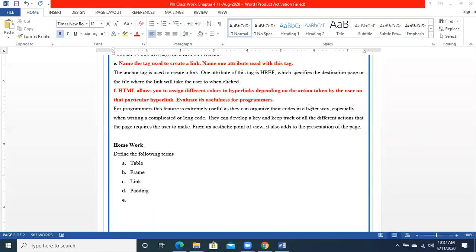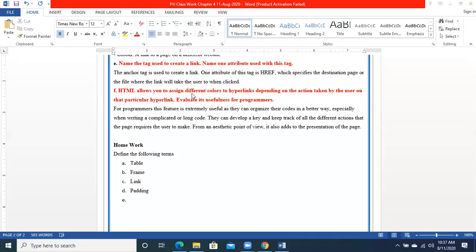So whenever we are mentioning the href, we mention there the source or the location of that particular file that we are going to link. Getting my point? So the anchor tag, small a, is used to link the file, number one. And number two is that href is the attribute that we set over there.